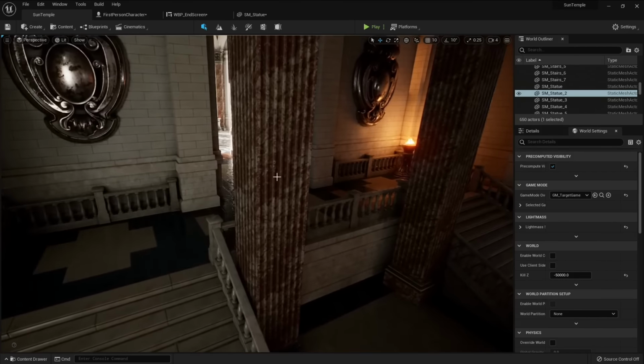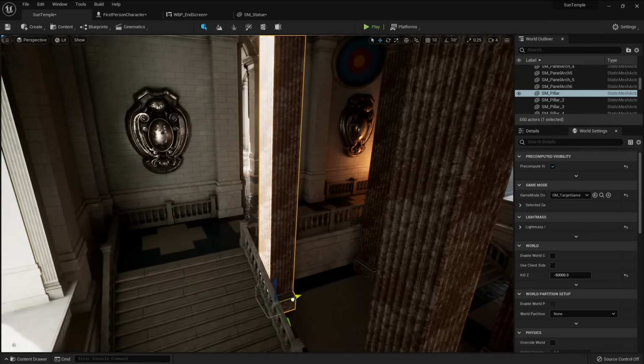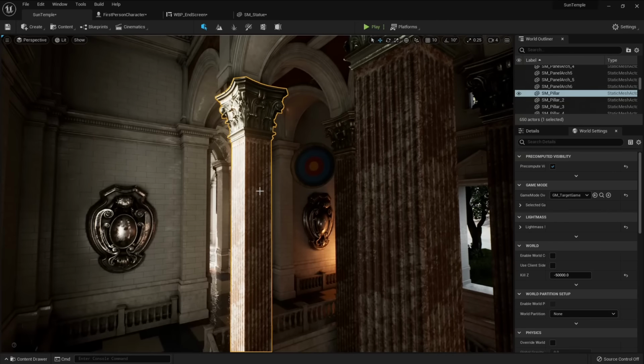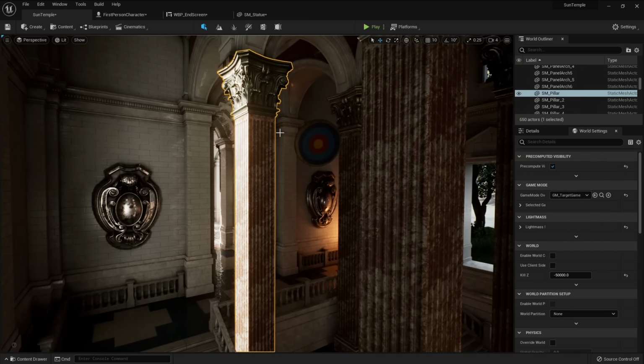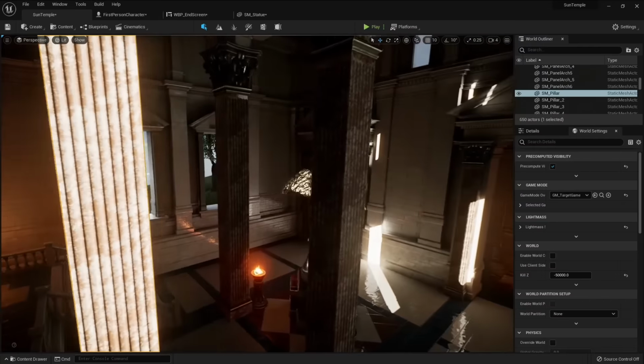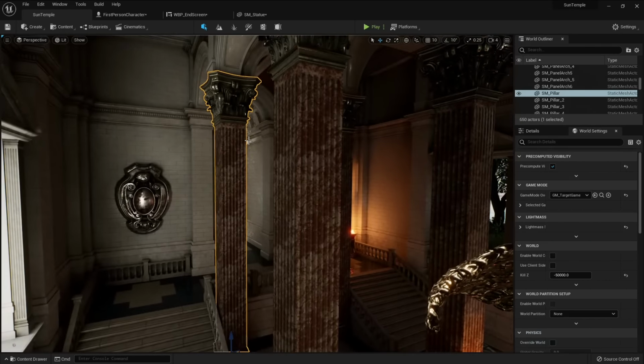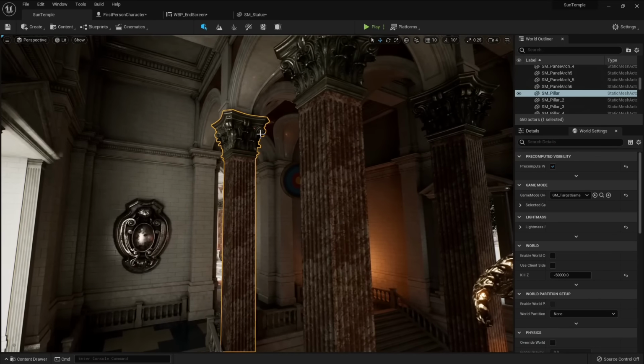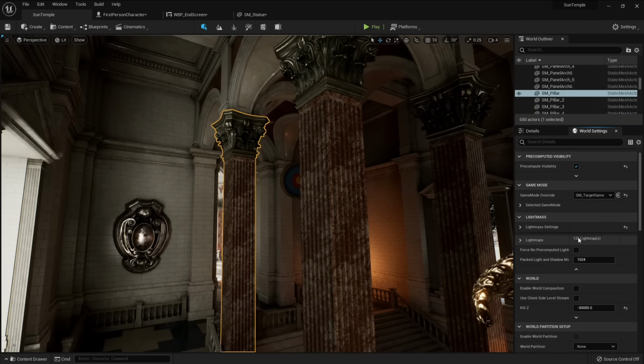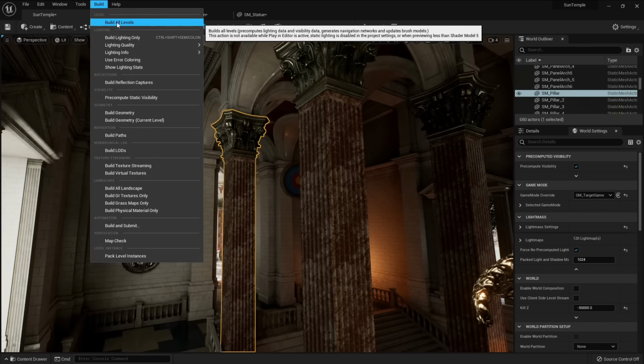So if I move, let's say, this pillar, then the lighting on our pillar disappears because we are only using baked lighting right there. That's an issue with static lighting: our objects are static. So let's change everything to movable, but first let's get rid of that light map. I'm going to come into World Settings, and within Light Map Settings, within the drop down, I'm going to click on Force No Precomputed Lighting, click OK,